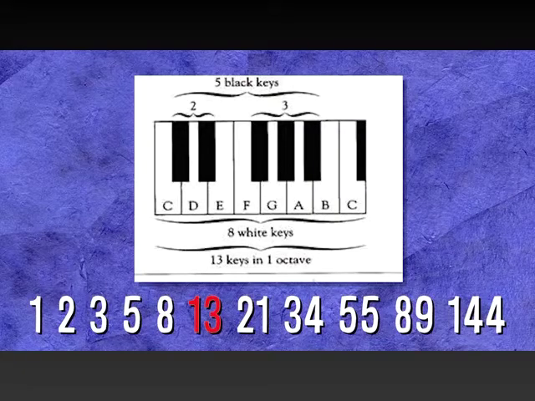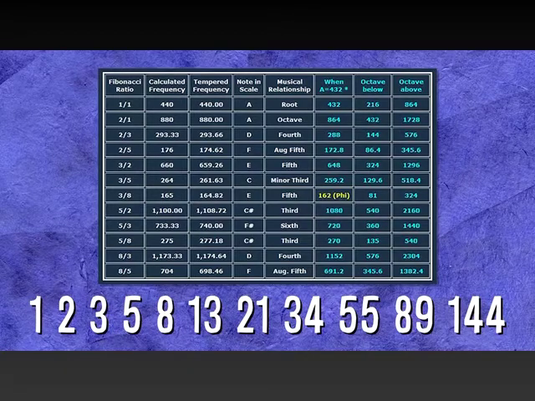Now there are all sorts of quite dubious theories you can find online about this, about how there are 13 chromatic notes in the octave, 8 white notes and 5 black notes, or how various Fibonacci ratios do generate musical intervals we recognise. But for me the most interesting area is how the proportions of the series have affected, whether consciously or not, the way a piece of music is composed and structured.